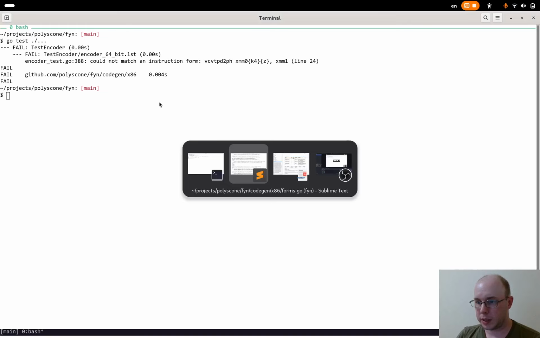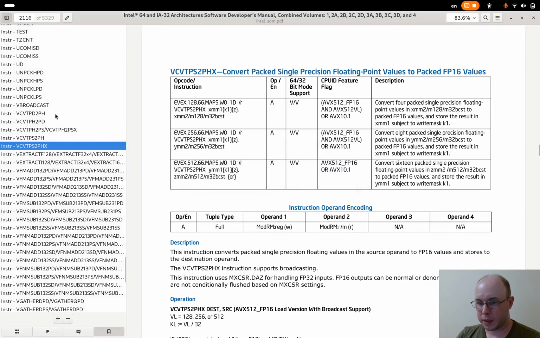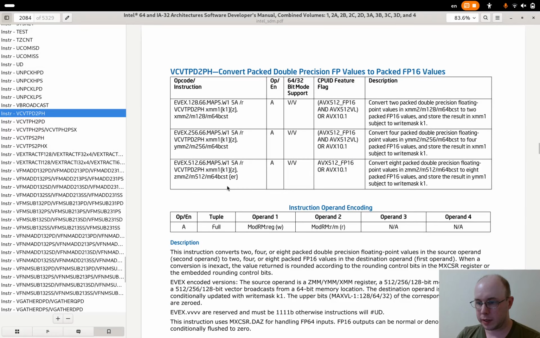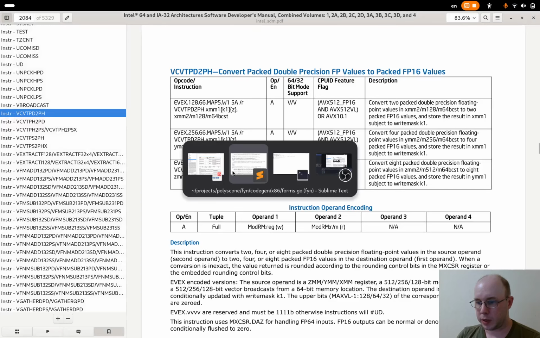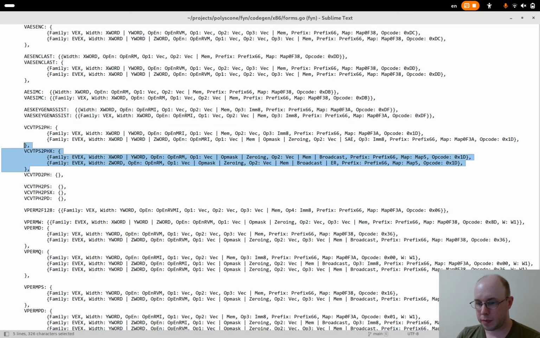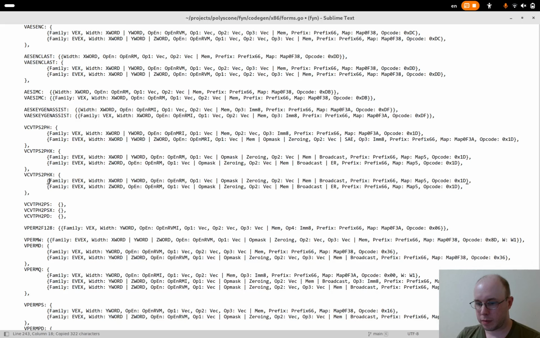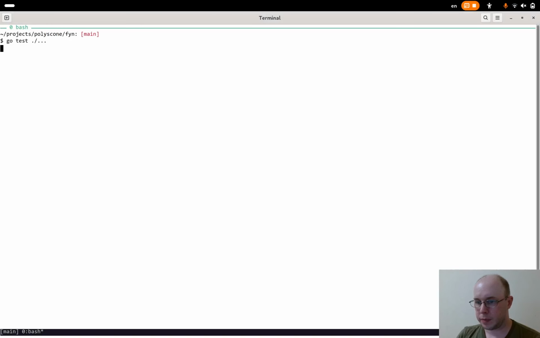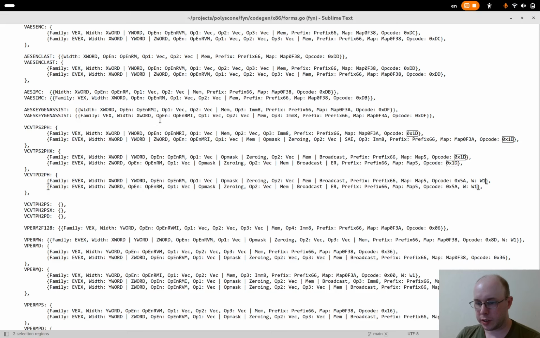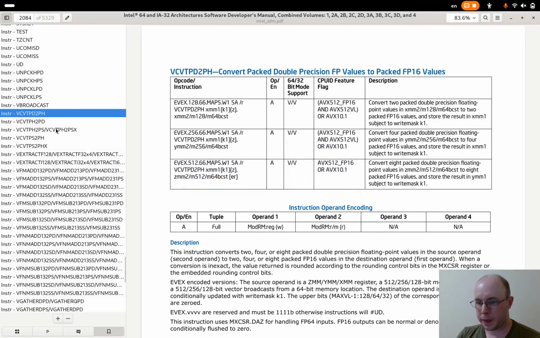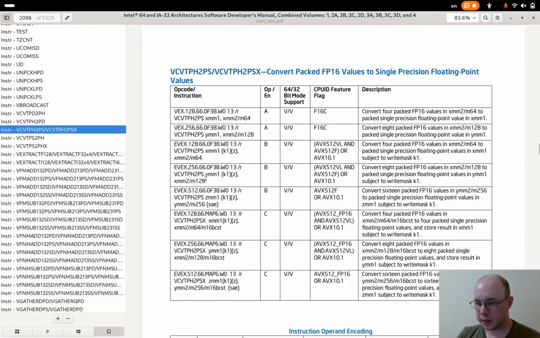Okay, so we're on to PD to PH now. So PD to PH is basically the same thing, but this time we've got 5A with W set. So this is PD to PH, and this is 5A with W set to 1. So then we've got PH to PS. So PH to PS is,